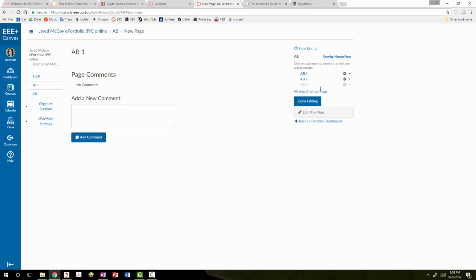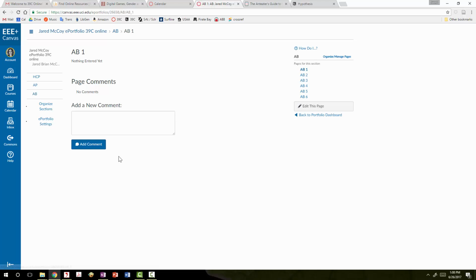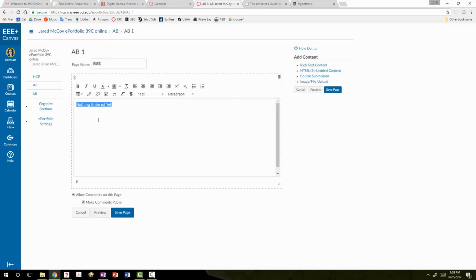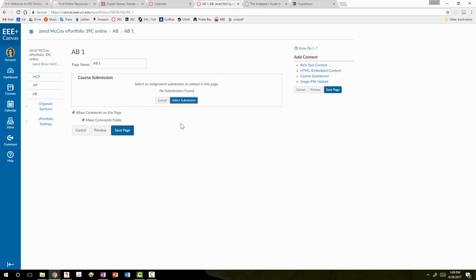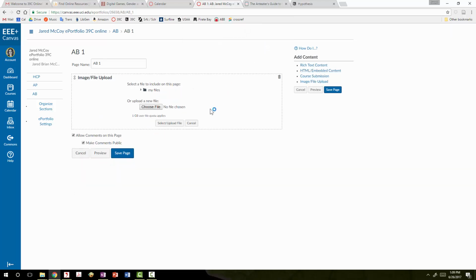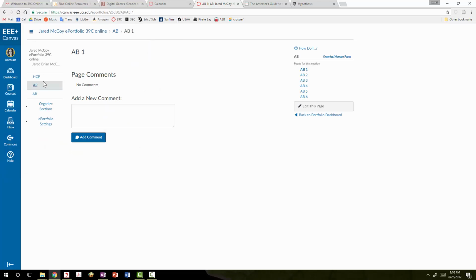New pages will typically give you a rich text field by default, where you can copy and paste your text. We'll do this for some assignments like the Annotated Bibliographies, but for formal drafts, you'll want to delete the pane and replace it with a course submission, so that after you submit the assignment on the modules page, you can simply find it here and upload it.